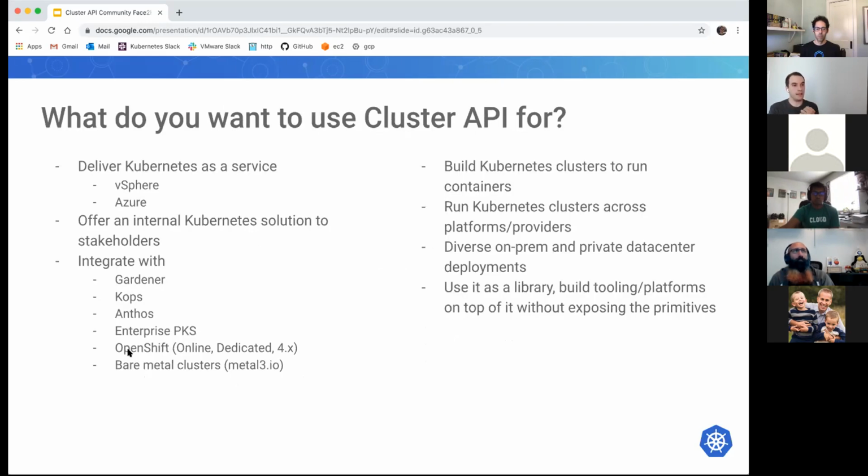One other thing that I wanted to highlight is, I'm not going to read through all of this, but we went around the room asking how everybody was using Cluster API and what for. And it's clear there are a few teams here. There are a lot of folks that are trying to deliver Kubernetes as a service, for example, vSphere and Azure, or offer Cluster API as an internal solution to other stakeholders. So this is a company, a group of people, maybe an SRE team or an infrastructure team that uses Cluster API and then